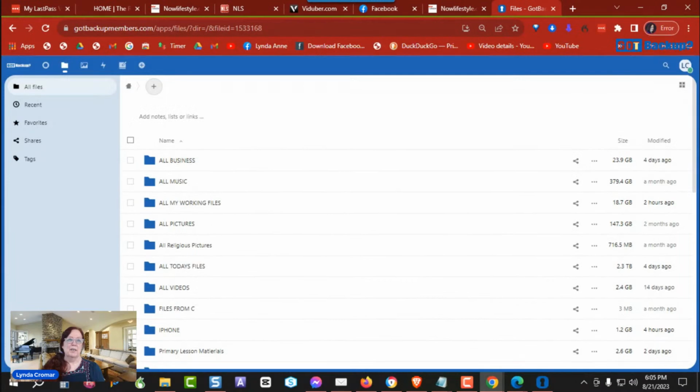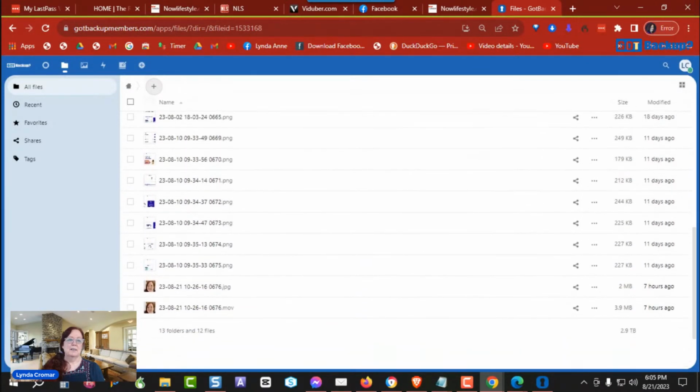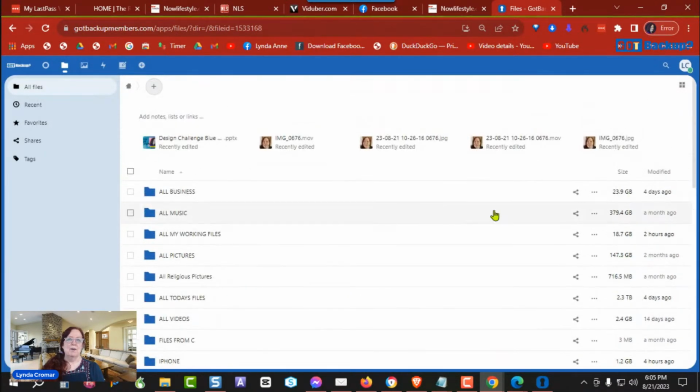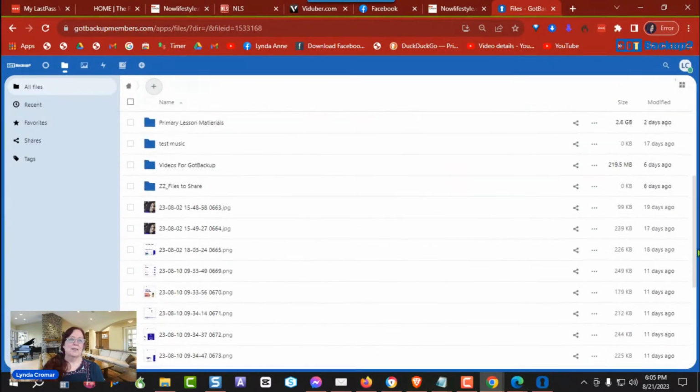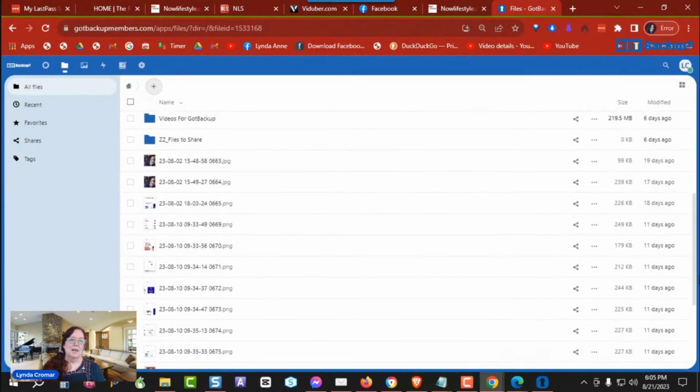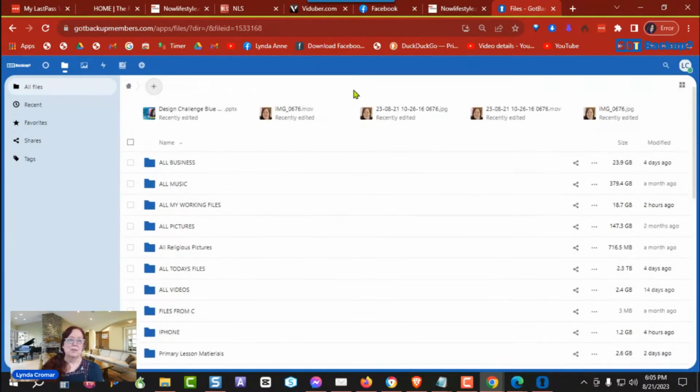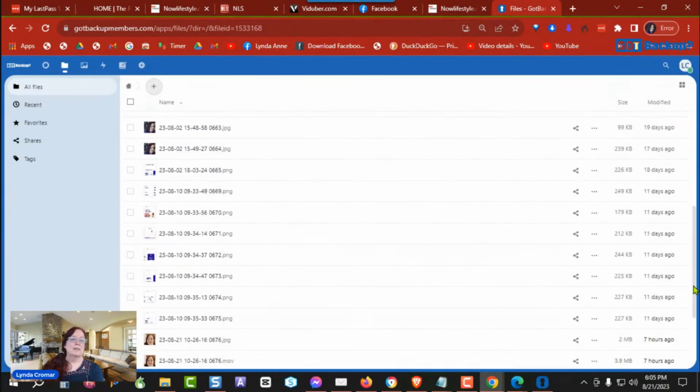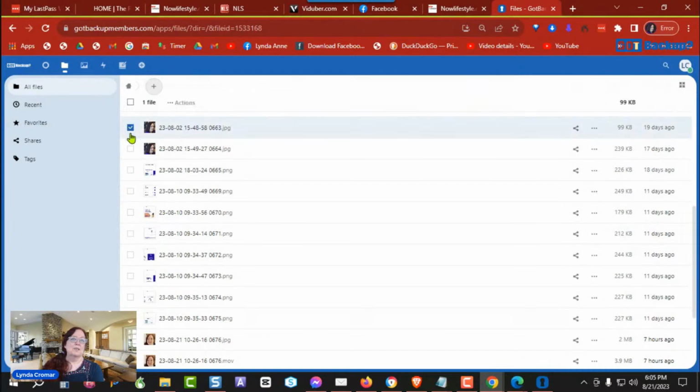It's not showing up, and it looks like my phone app actually put it out in the open. So see, you can have a mistake even if you know what you're doing. I hit it to sync today, and it put it here instead of where I wanted it. So that's not a problem. You just simply do this. So if I don't like where something is, or if I want to change something, like I want these to go somewhere else,